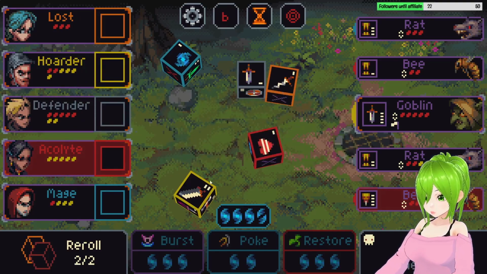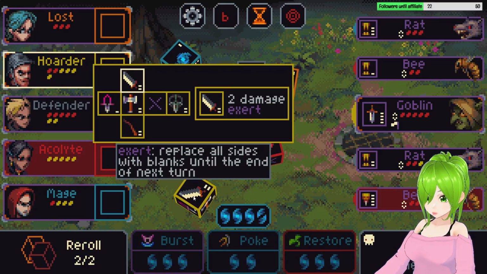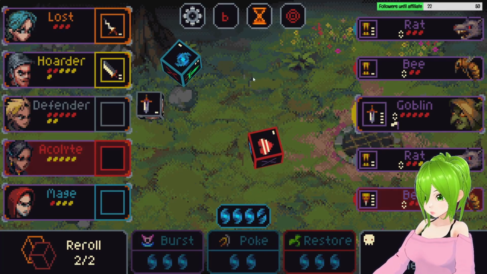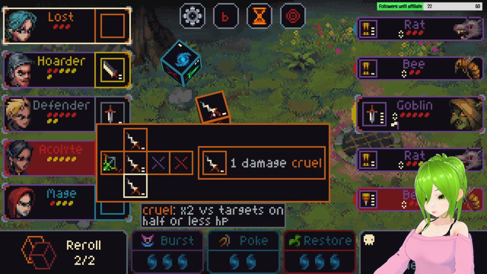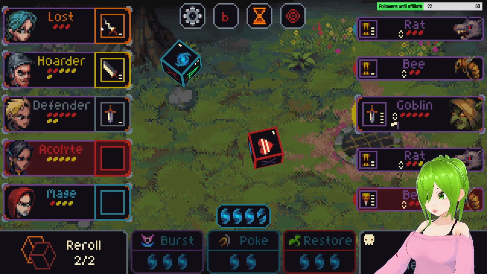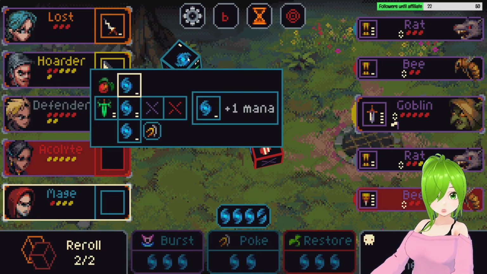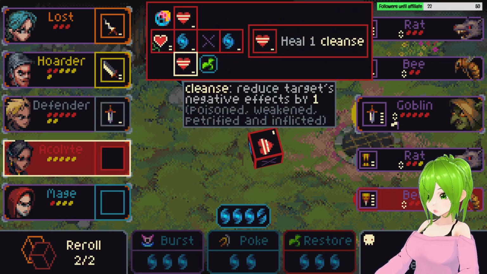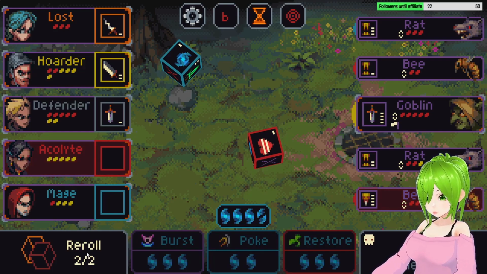Let's see. Exert? Yeah, probably. It probably won't go past the first turn, right? We've got a lot of mana. That one's cooldown. Is that what we want? No, 50-50 chance of rolling one of these sides, so let's at least give it a couple rolls. Try and get what we want. This is the worst result out of a 2 in 3 chance of rolling something at all. So we'll give that another roll. And then we don't care about that result right now, so...